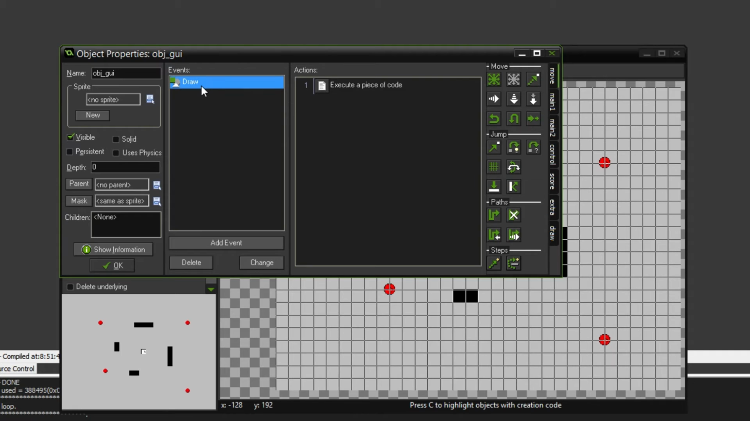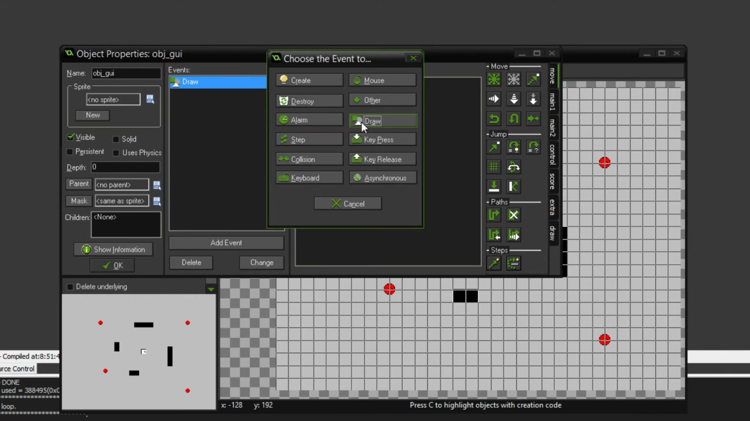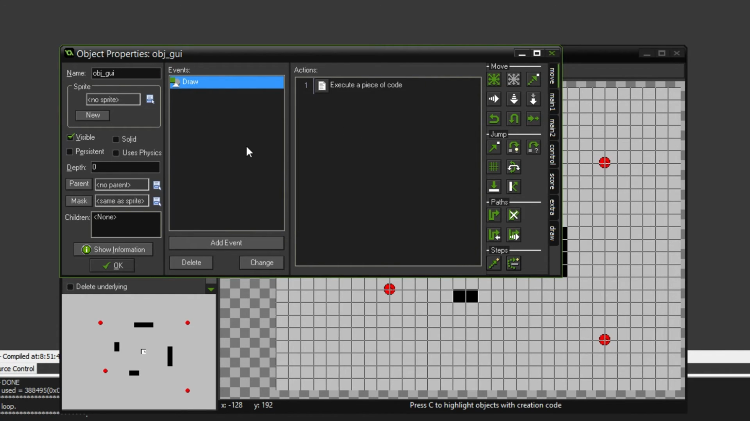Change this to a draw event. That was my mistake. I didn't realize we set it as a step event. Make sure to change that to a draw event. You can just do it by change event and select draw, just the normal draw, and it'll draw it on